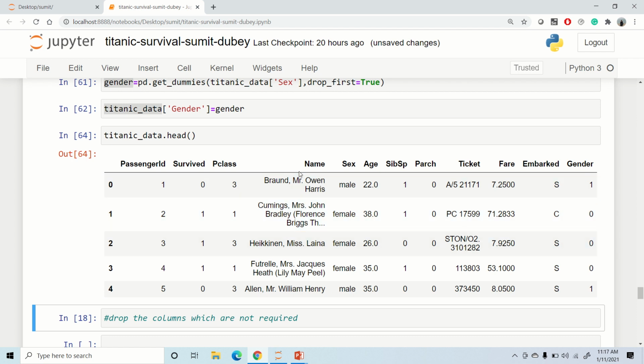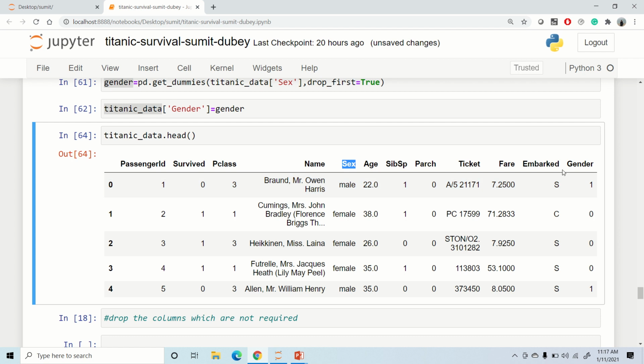Great. So we are going ahead and dropping all the columns which are not required as of now for our prediction. Later you can try yourself to impute some data, and work on feature engineering to get some additional data from these columns. But for now I am going ahead and dropping this name column and this sex column, because we have already used feature engineering and created one additional column here, which is equivalent to the sex column. We are dropping name, sex, ticket number and embarked. So these columns we are going to drop.